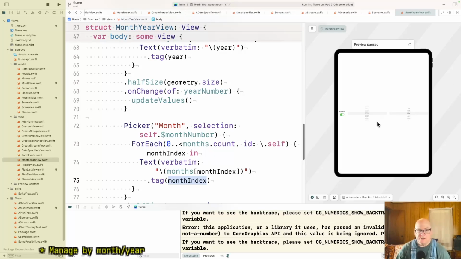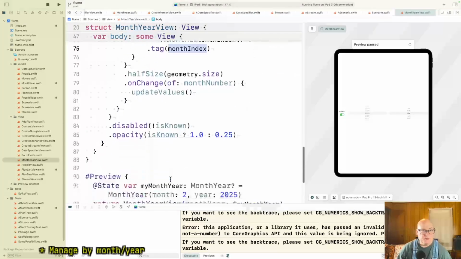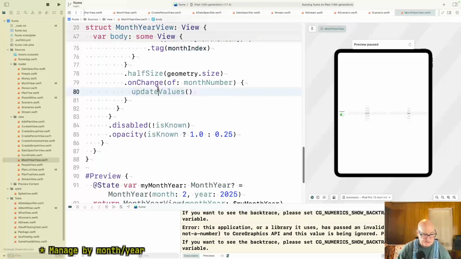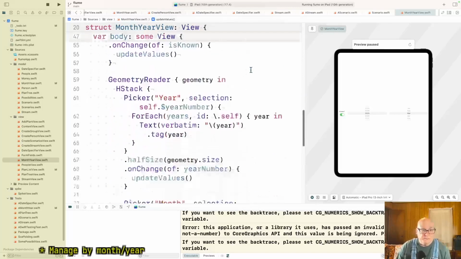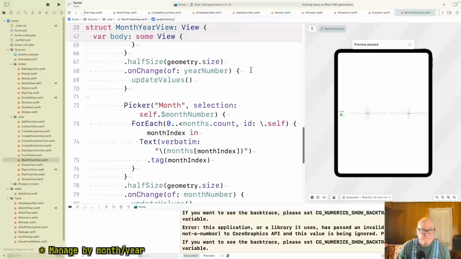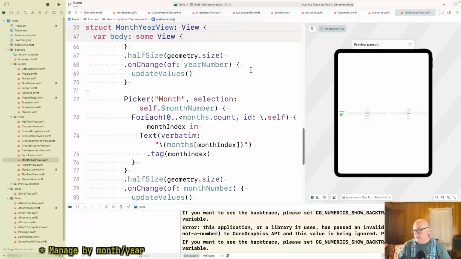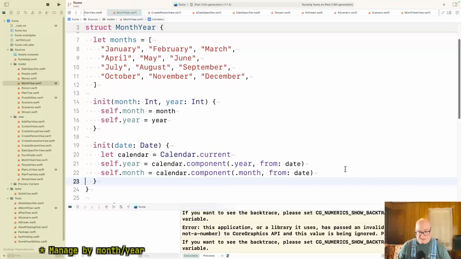Because clearly January, index 0, is the tag that gets put in. Update values. Let's make sure that does that. Yeah, it just takes that number, and that's 0 to n. Maybe that's the way to do it. It just seems like a warning shot from Swift that you're going to be fighting me all the way. But I guess these are our things.